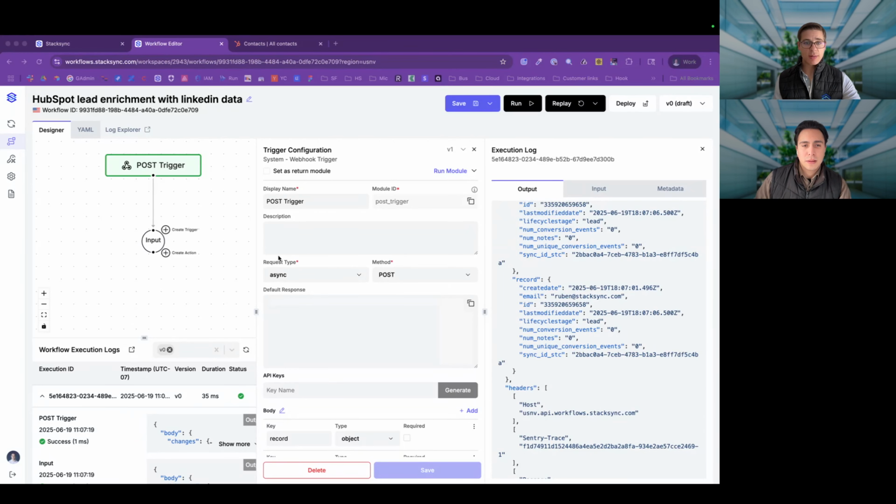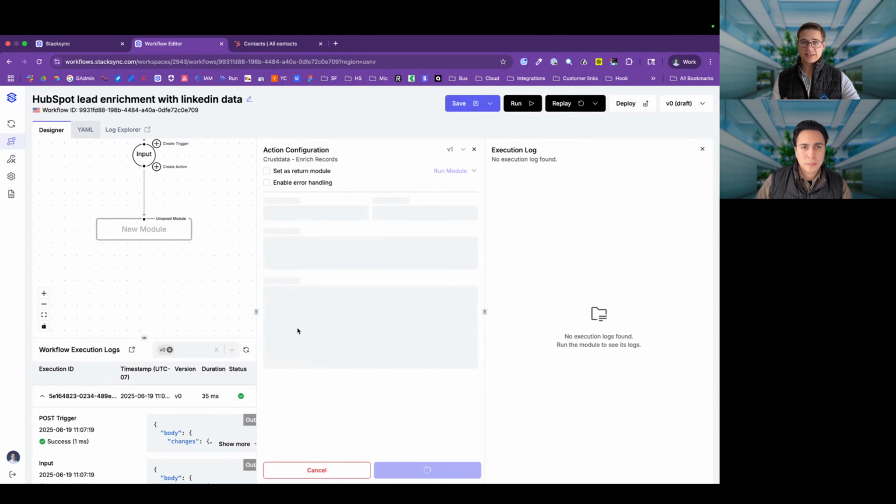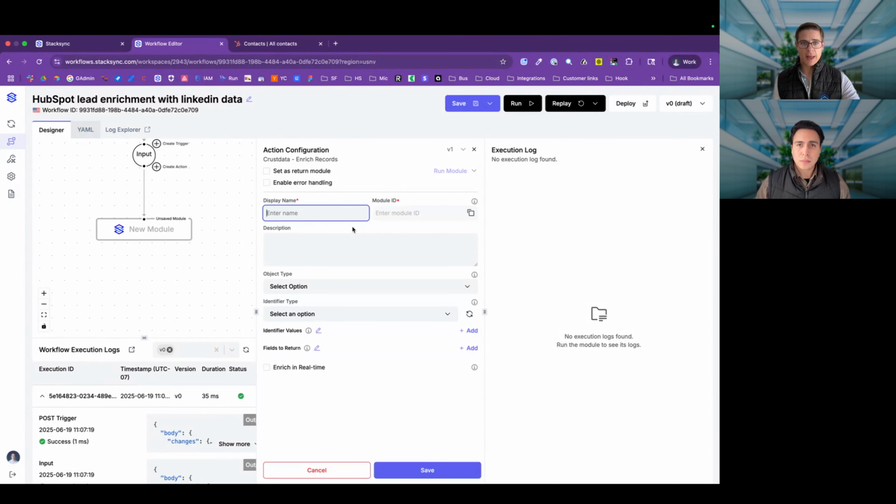Absolutely. So basically now I'm just going to show you how to literally create this very easy pipeline where we're going to go to LinkedIn with this Stacksync LinkedIn data. So Stacksync Enrichment. I go to Enrich record, right? And so now Stacksync will enable me to go to LinkedIn and scrape data. I will use, so get LinkedIn